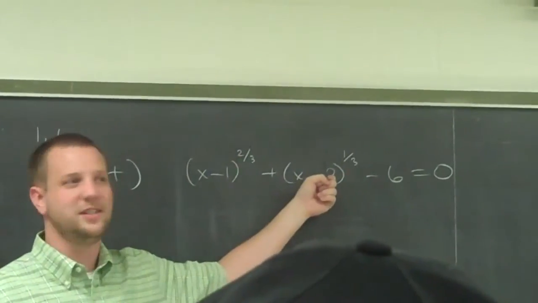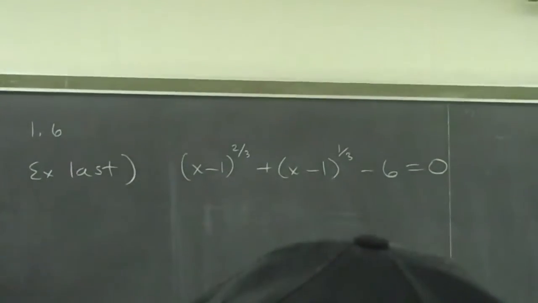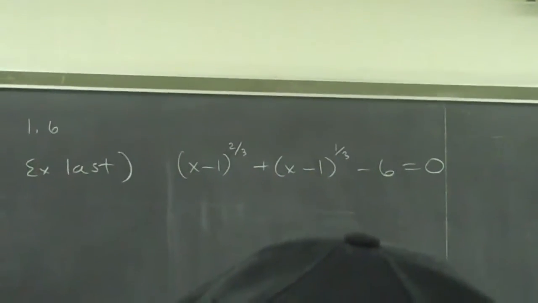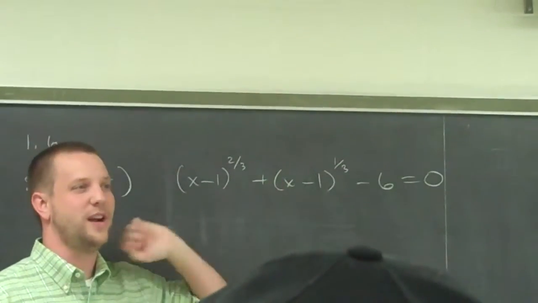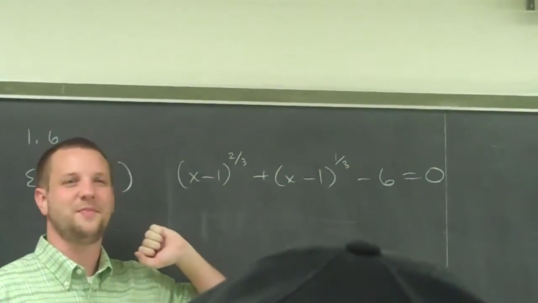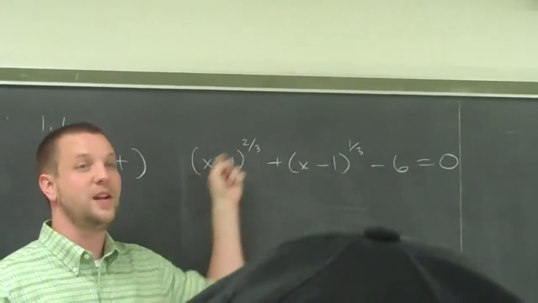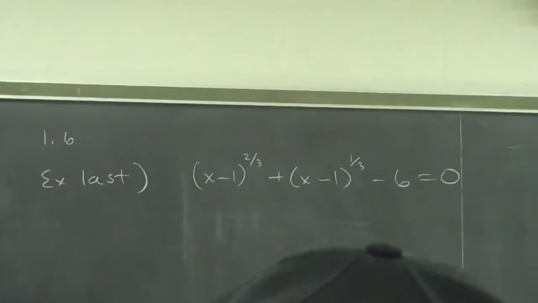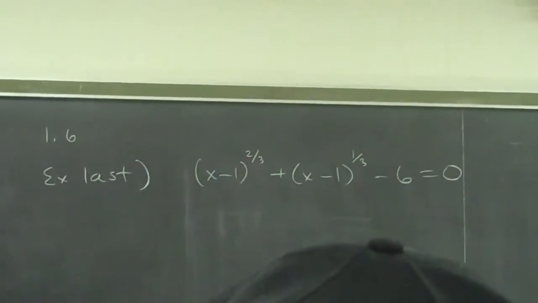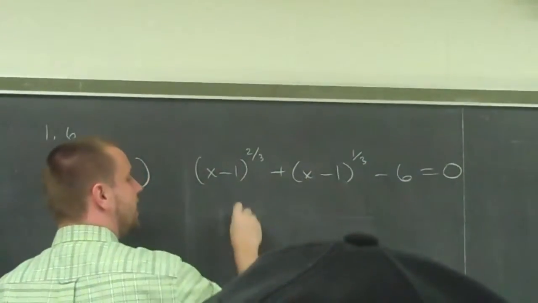So let's change it back to a 1. I'm not going to throw you that curveball; I will make sure that you have the same bases if I want it to be quadratic in form. Same thing would happen if I called that x plus 1 instead of x minus 1. Those are different bases, and it's a tricky problem to solve. But because they're both x minus 1, and this exponent is twice as much as this exponent,